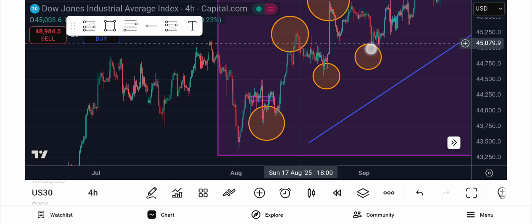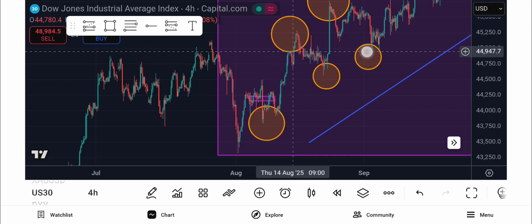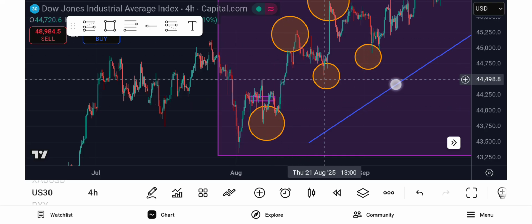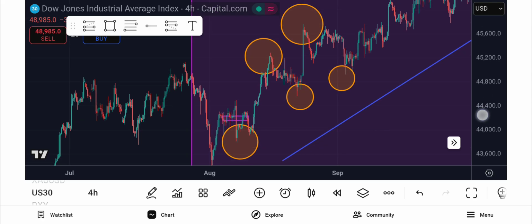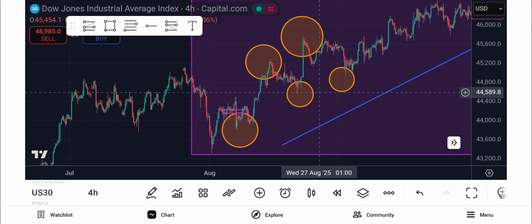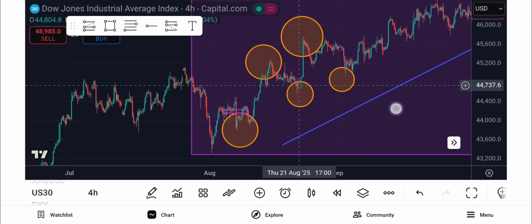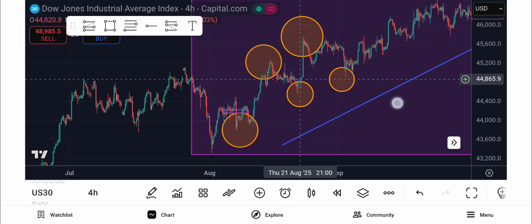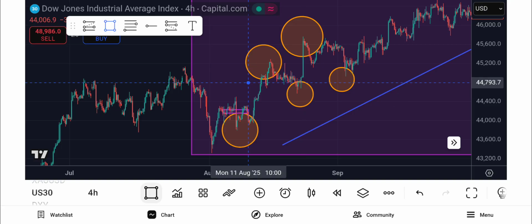Once it breaks up here, it forms another low. We can look for another entry. Let me see, is there any fair value gaps here? No. There's no fair value gaps here, so we wouldn't really trade that. But we can see that there's a huge push to the upside at 9 a.m. over here, right? So what we could do is we can form